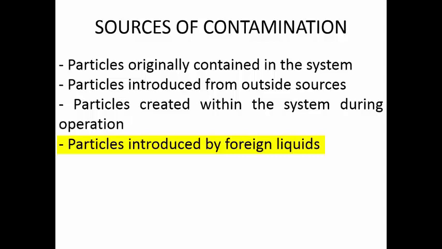For example, you want to put some kind of hydraulic fluid, grade A or type HH. Instead of type HH, you are using type HL, which has completely different properties, and you have mixed it in the hydraulic fluid. Then it will not be considered a hydraulic fluid, it will be considered a contaminant. And if you have added a very highly corrosive hydraulic fluid, then the entire elements may get damaged. So you have to empty the reservoir, clean all the elements, and then replenish the oil. So you have to be very careful whenever you are adding the hydraulic fluid.